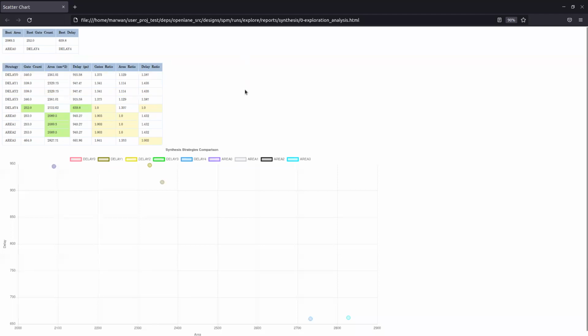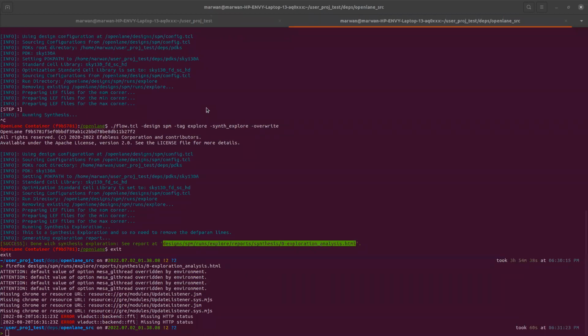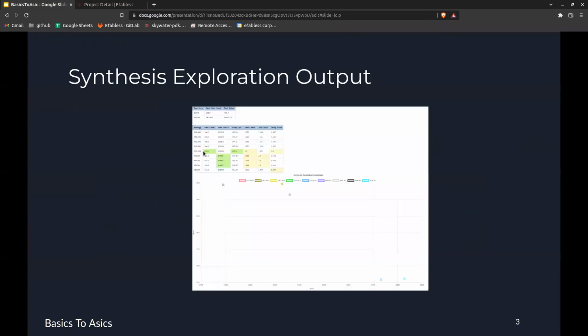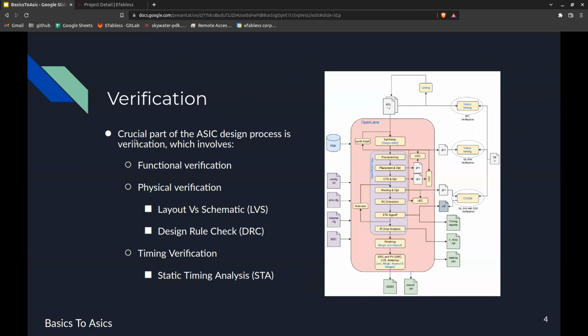You can use this feature in OpenLane. I think it's good to highlight it, and that's why I wanted to highlight it. So going back to our presentation, this is the report that we just saw. And now we can go ahead and